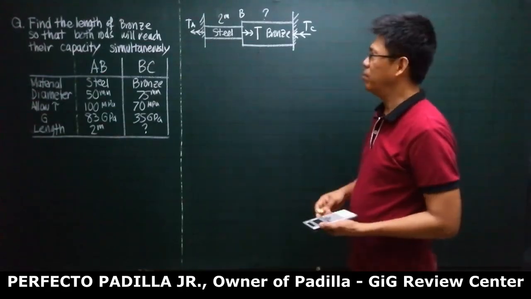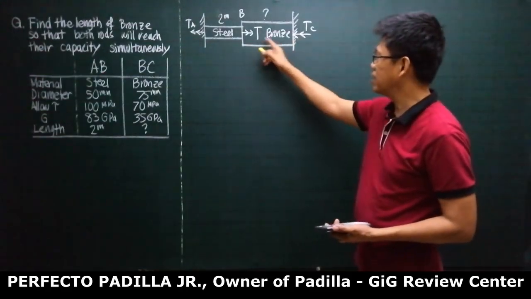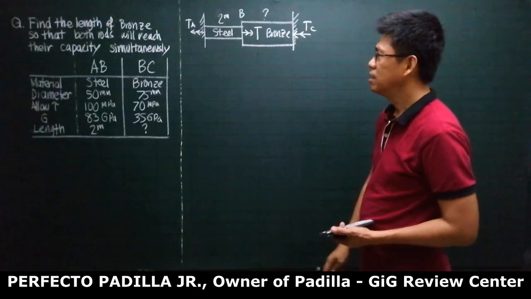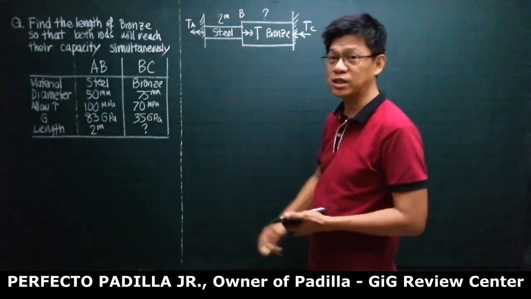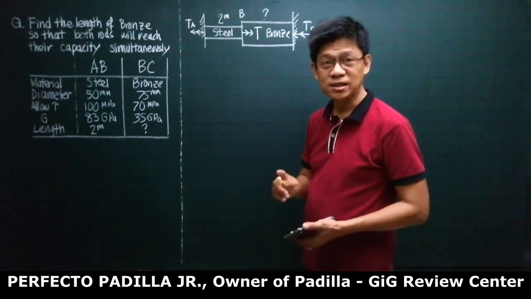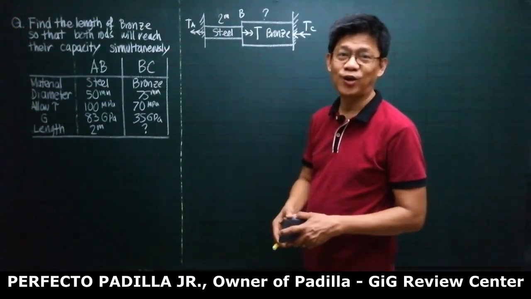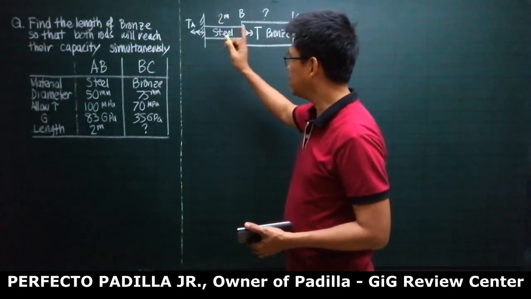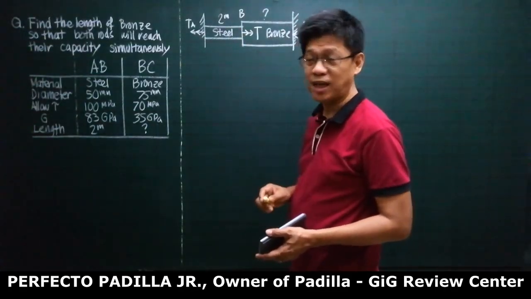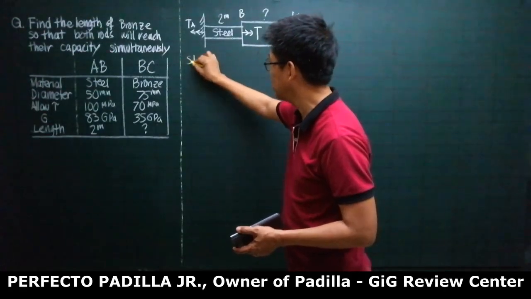What about this problem? We're asked here to find the length of this bronze rod in order for the steel and bronze to reach their capacity simultaneously. So, how do we do that? This is it. If they reach their capacity simultaneously, considering steel,